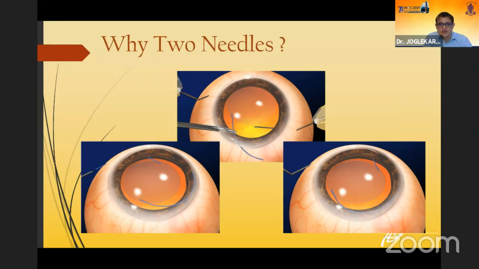But the question is asked, why are 2 needles required? Why not 1 needle? This is the position where your second needle is going inside, and this has to be the position from which you can easily insert the trailing haptic. If you pull it out first, then the lens rotates and this haptic goes much beyond. This will be your entry point, and it will go much beyond this point. So you have to pull back. Even if you insert the trailing haptic after flanging, it doesn't turn back totally here, right?